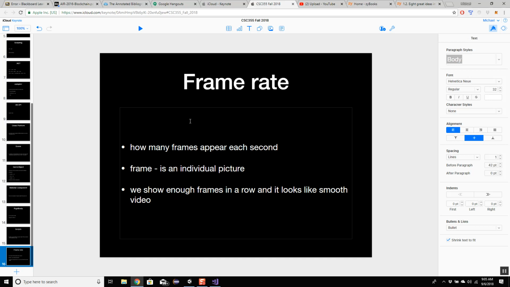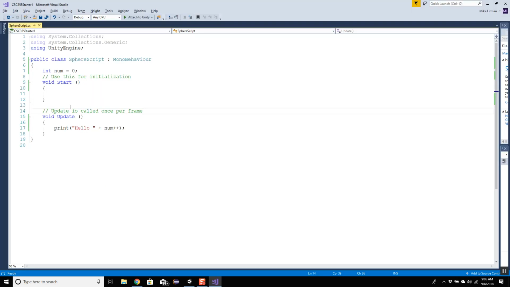All right, so a frame is an individual picture. Now, this function here, update, gets called once every single frame. What kind of frame rates? So several of you are gamers. What kind of frame rate do you get on your machine for, let's call it, an average game? 90, 100. Okay, 90 frames a second, 100 frames a second. What's the highest frame rate you've ever seen? 300, 400. All right. Now this kind of starts getting interesting with how